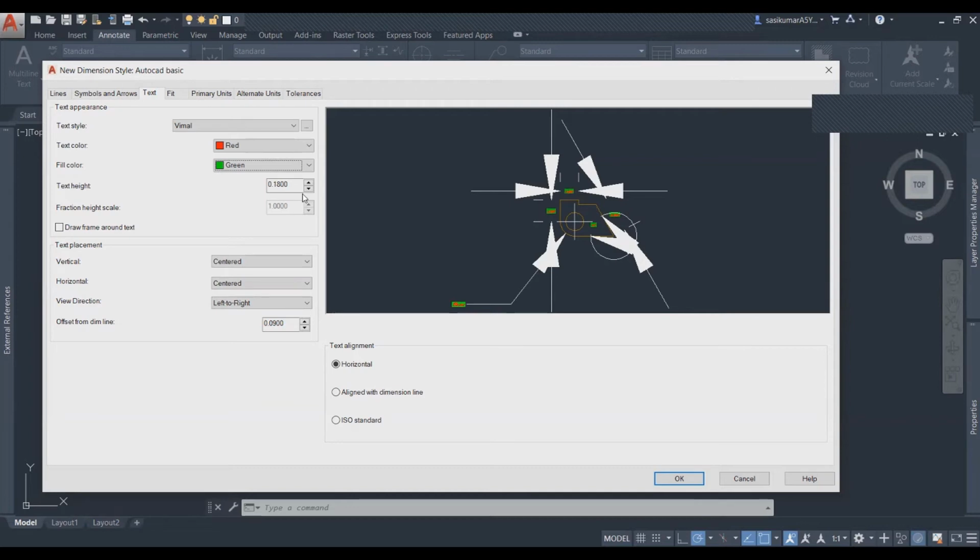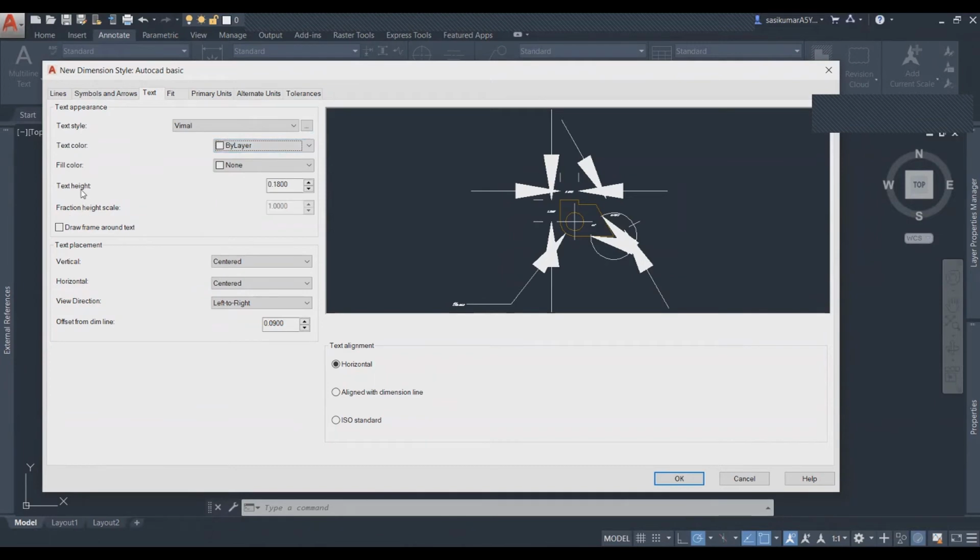Your actual drawing will be hidden. You can't see the wall or whatever the drawing is behind the text. So that's why you have to make it none. That is good. And also the text color should be ByLayer. Unless people want to change the color, then you can go and change it here.